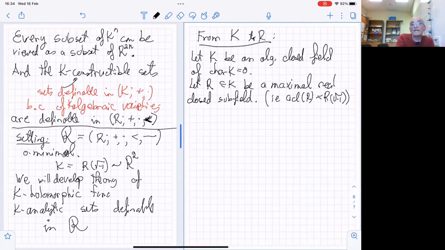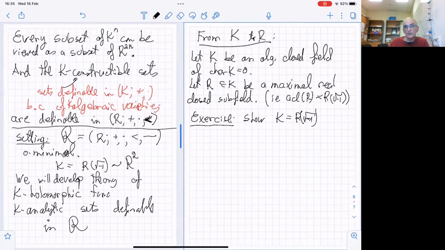Okay, so first, a small exercise. It's not hard, but it's not immediate, at least I couldn't see why. Maybe someone can see. Exercise: show that under the assumption that R is maximal, necessarily K is the algebraic closure of R, that is, R[√-1]. So if you take a maximal real closed subfield, then when you take the algebraic closure, you reach K.